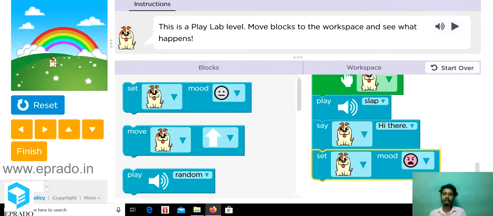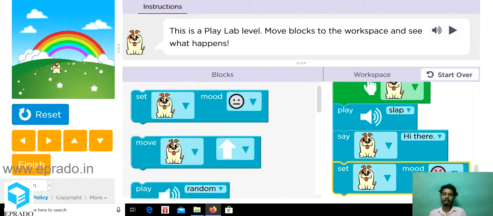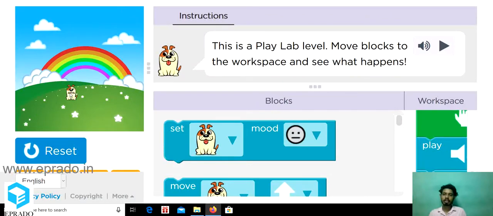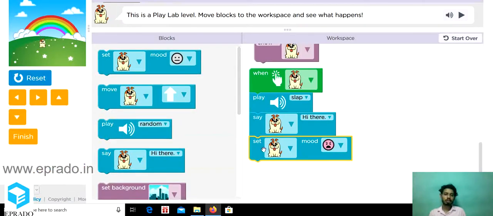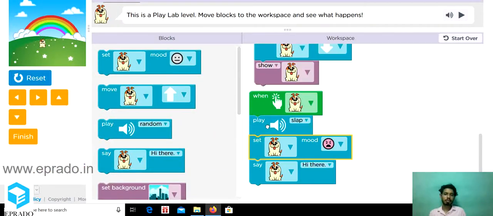So for the first click, it will say hi there, because the first block is the say block. We chose that block first, so it made the dog angry for the next move. So whatever we choose first will be performed first.